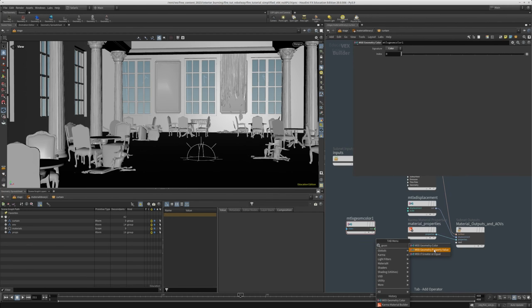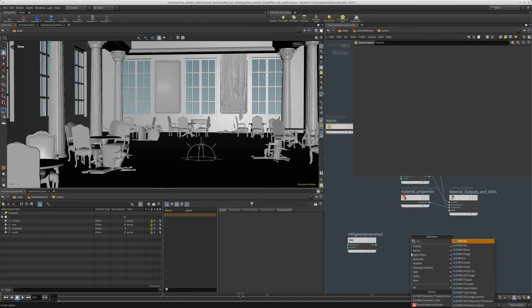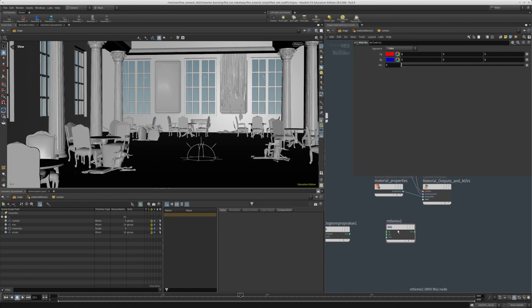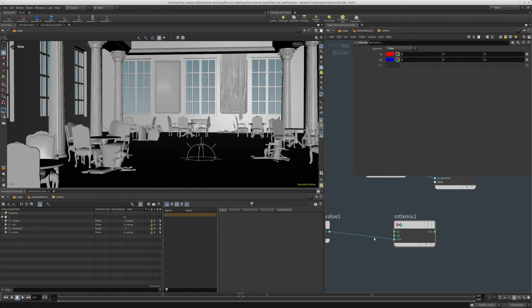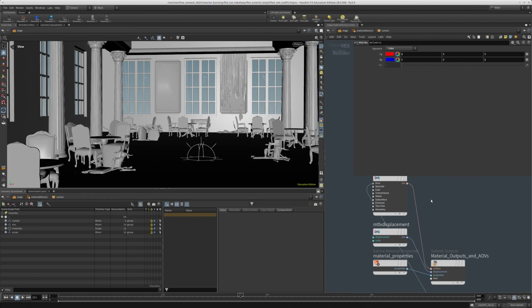Geometry property value, I believe. Let me check that. Yeah, so this is it. And it's a float, so it's called smoked. And I'm going to create a ramp or a mix, a material mix. And I'm going to mix between two different colors, red and blue, just to see if this is working properly. I'm going to plug that into the diffuse